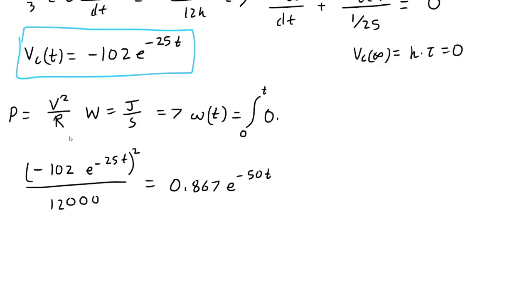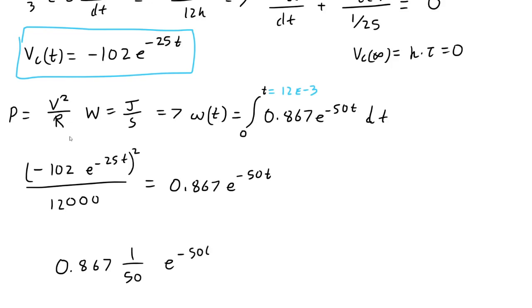And then if we integrate this, e to the minus 50t, I'm going to have t equals 12 milliseconds, like the problem asks. The antiderivative is just 0.867, 1 over 50 e to the minus 50t, and we're going to have